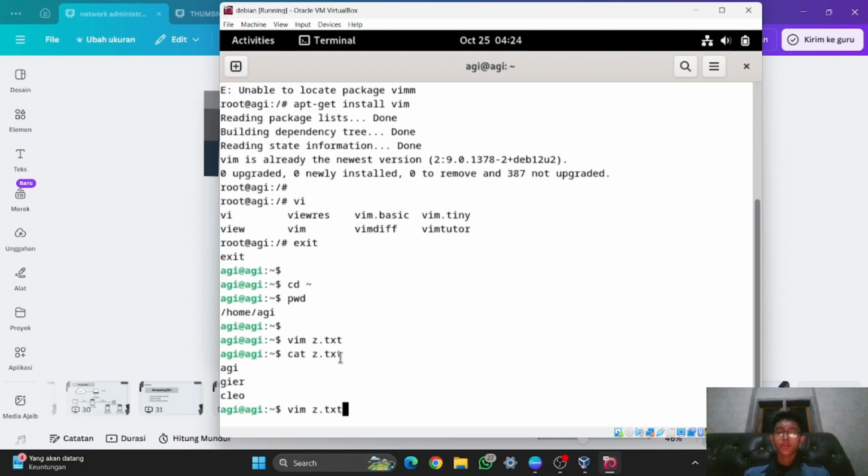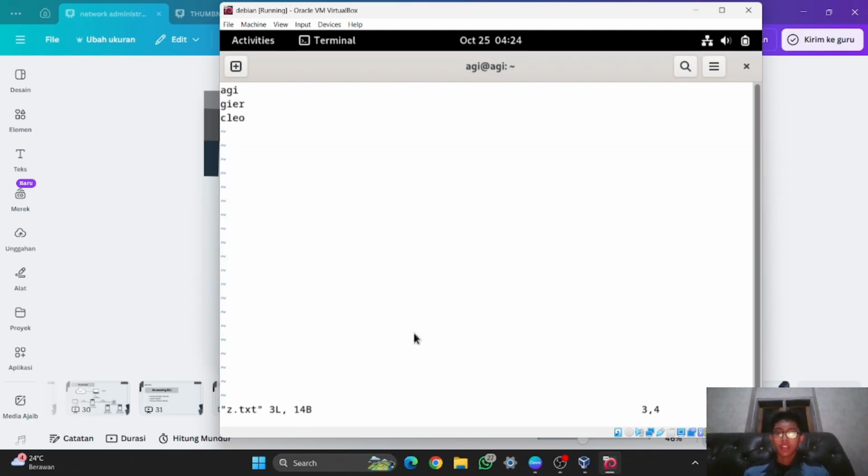So Vim has two functions. If the name of the file hasn't been added yet, it will automatically make a new file with the name that you type in here. But if the name of the file is already there, you will go to the edit mode of that file that you type in here. It is like this, and I will try to change the Cleo into, I forget, I have to go to insert.